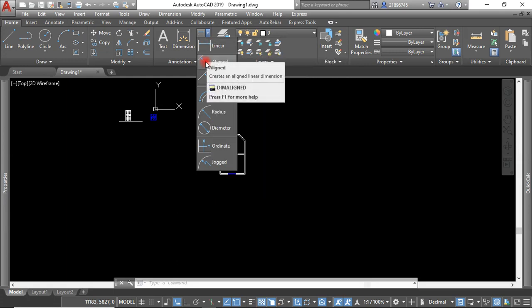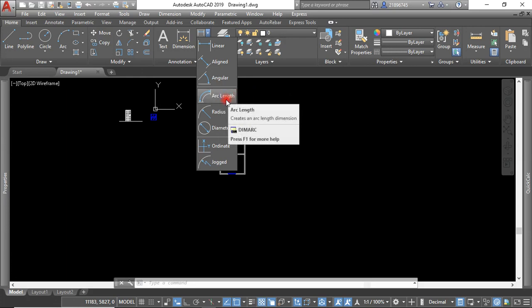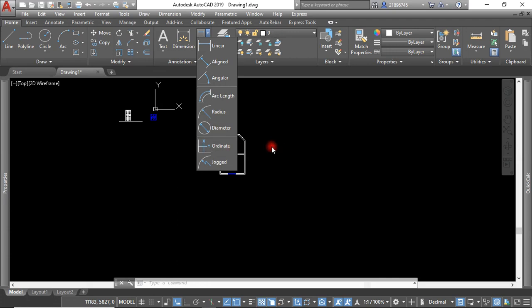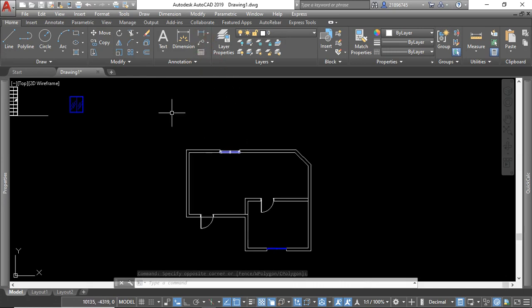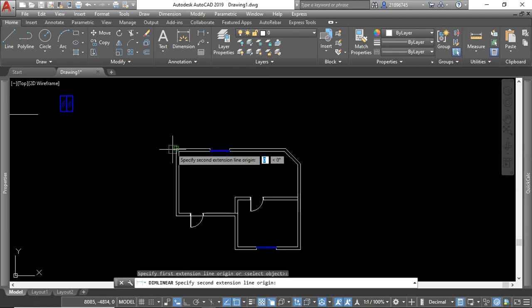The other one is inclined or aligned. The other one is angular, that is angle, to measure the degrees. The arc length, to measure the length of a curve. The radius, then diameter, and so on. So if I want to measure this space and know how much it is, I can just use the linear. I just dimension like that,